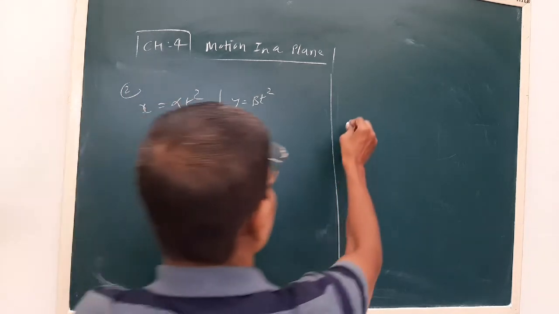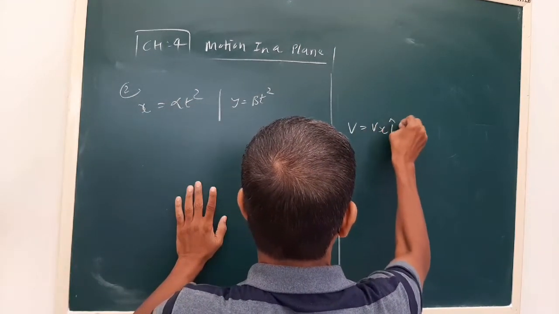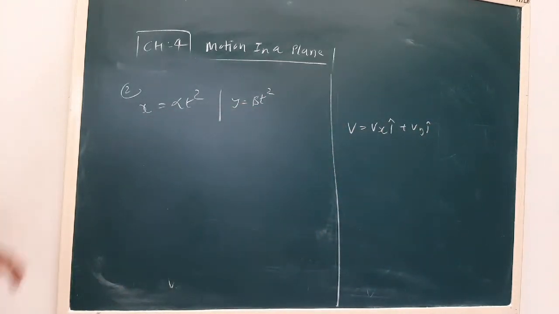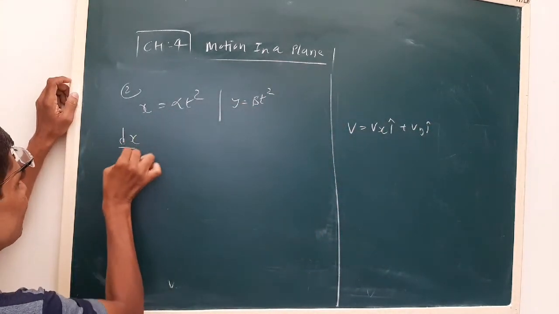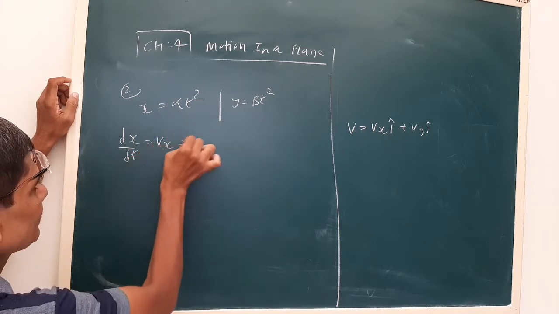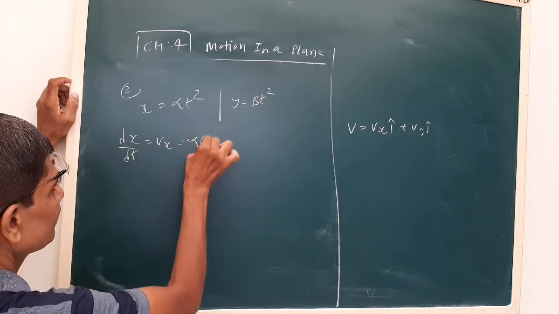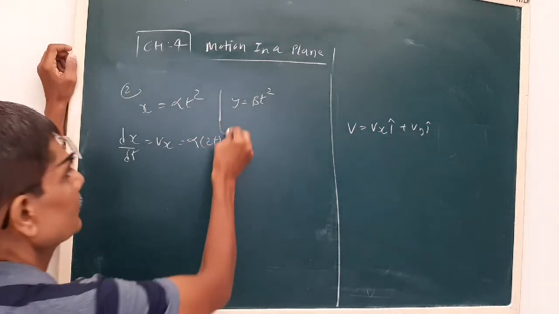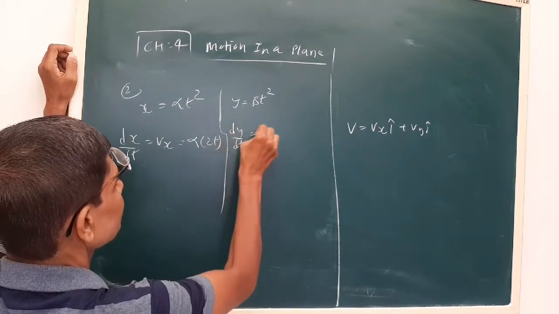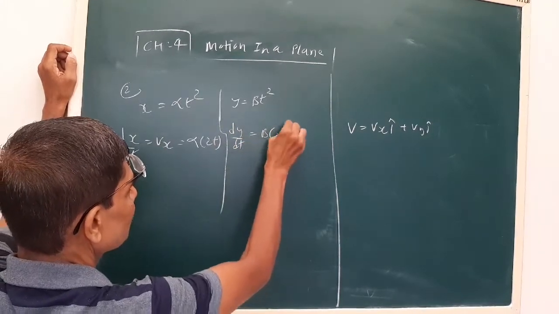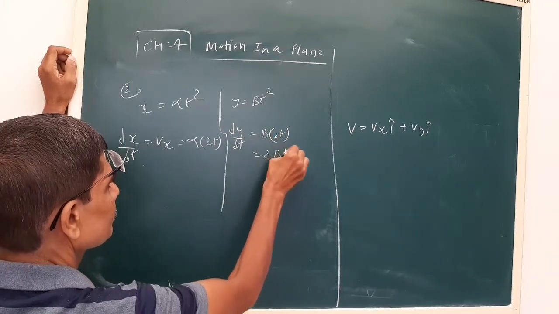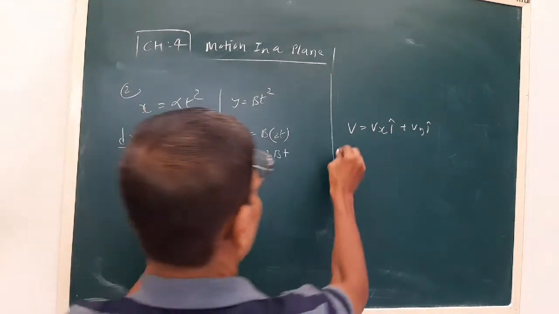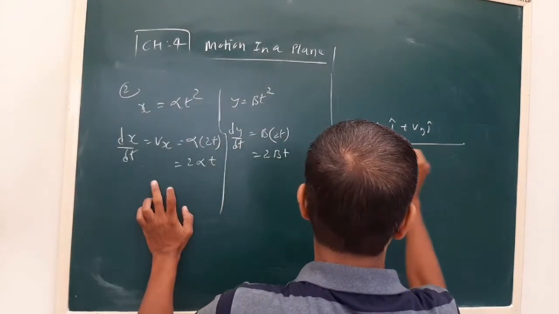Now see, velocity is vx i plus vy j for 2 dimensions. Now dx by dt will give vx. Alpha is constant, t square derivative is 2t. Now dy by dt, beta is constant, t square derivative is 2t. Now if I substitute here, the magnitude of the velocity is...